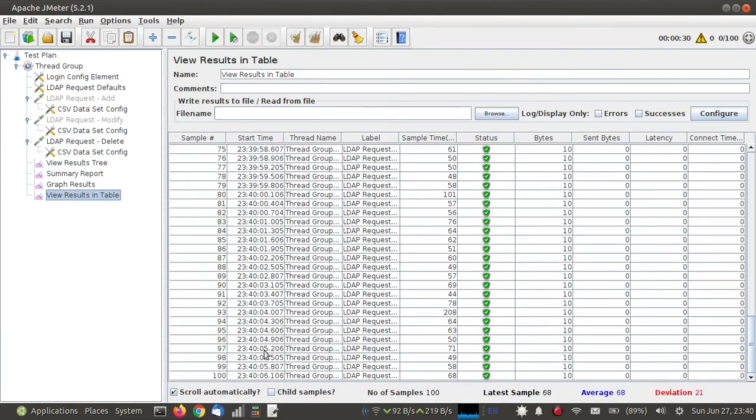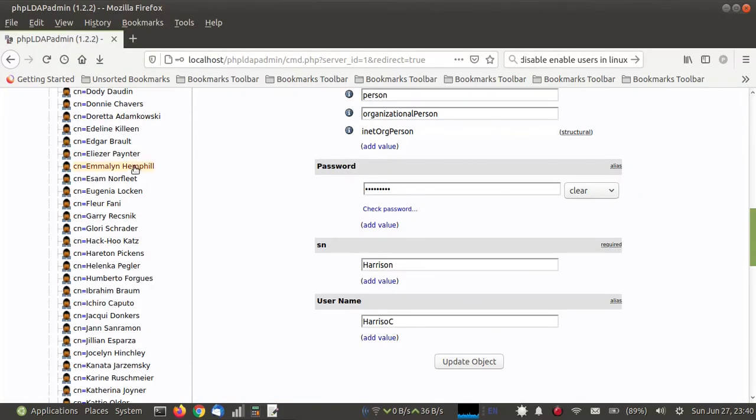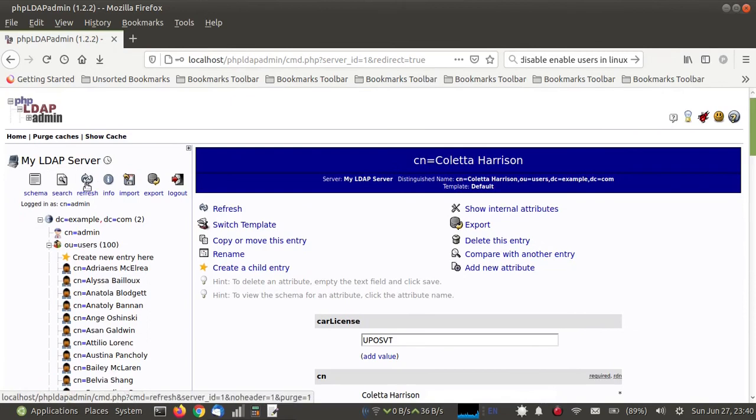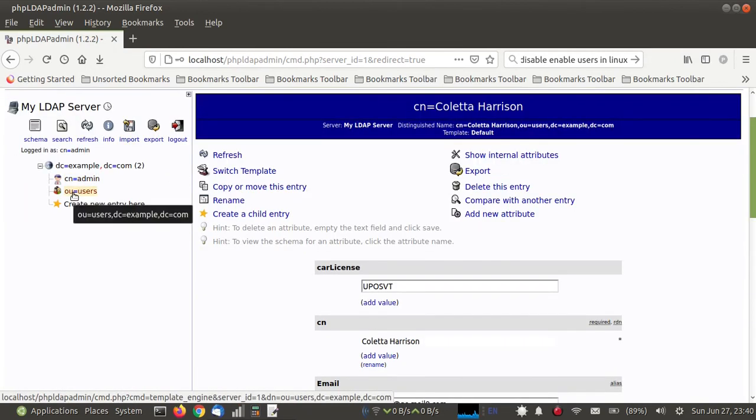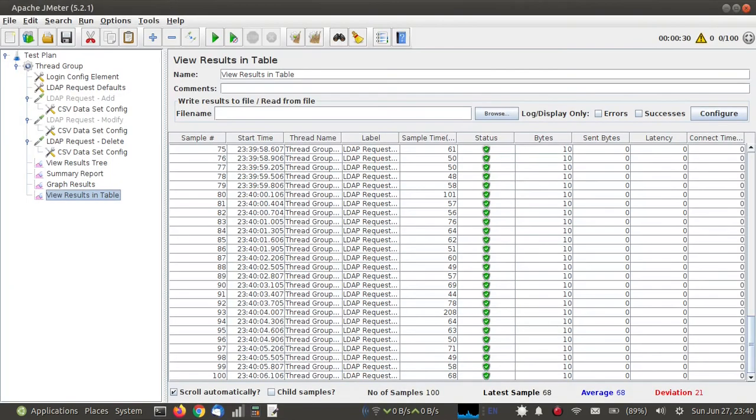Yeah, all 100 requests have been processed. Now I need to check in the LDAP admin. I need to refresh this page. Yeah, all records are gone. So it has removed all the users. So we have achieved all 3 tasks, that is add, modify and delete.